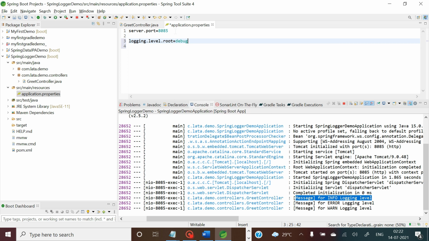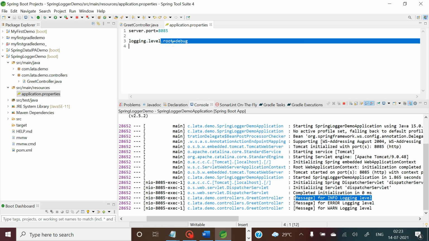So let's say this is debug. If I write logging.level.root over here, that means this debug logging level is now applicable to the root of my application. That means from the root level, whatever debugging related logs are to be maintained will be shown over here.